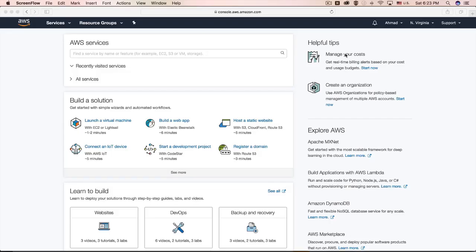Once done, you will be inside this page. Once you sign in with your email address and the password that you have chosen, you'll be inside a page like this one. This is your dashboard. This is where you are going to use your Amazon Web Services, create instances, storage, and other services from AWS,